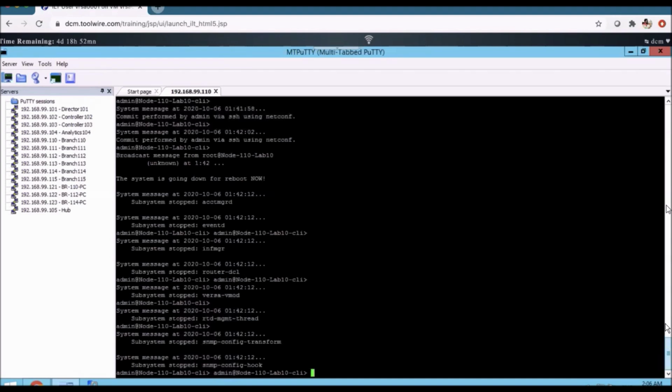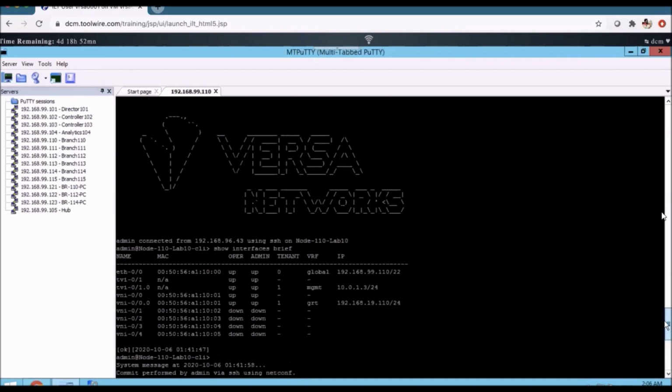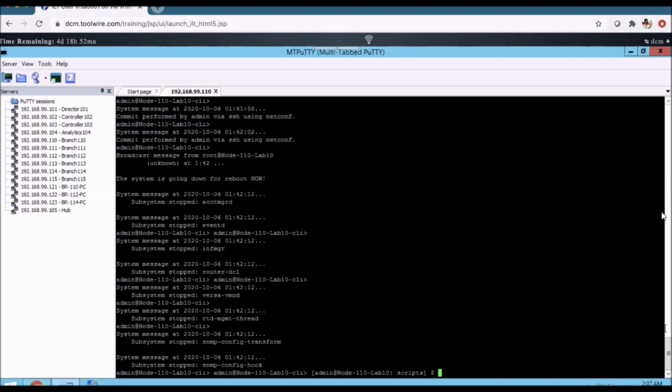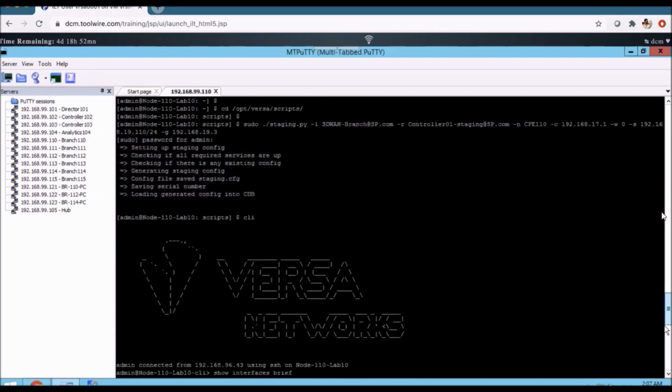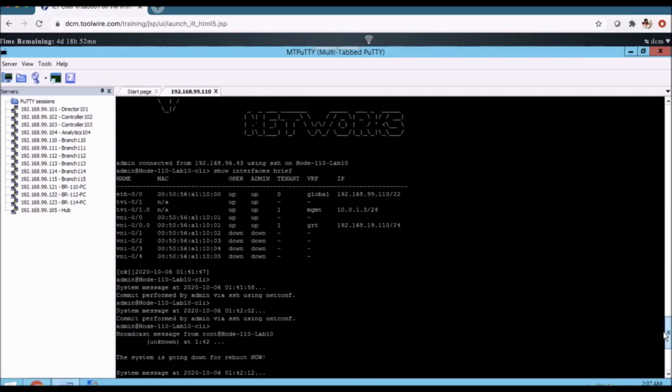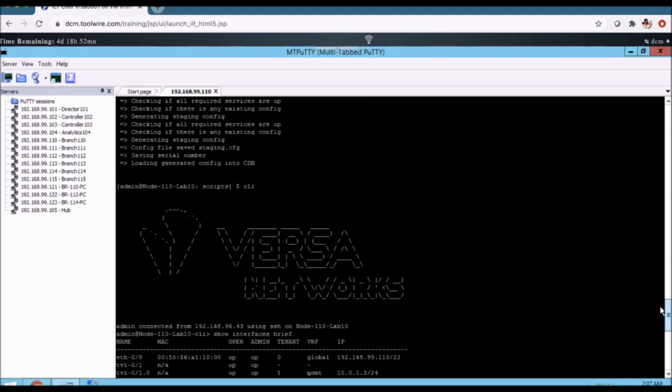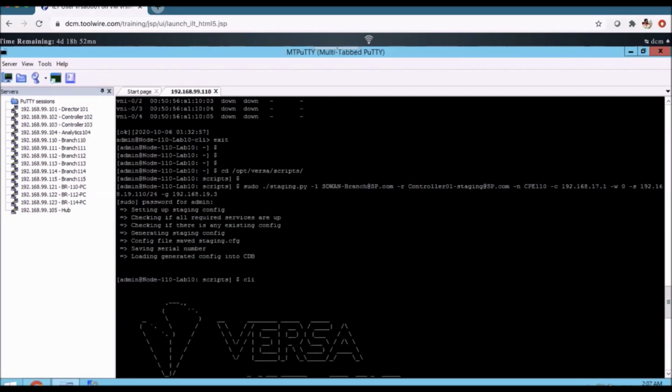Hari, sorry to interrupt you. Why did it take this specific interface 0/1, not 0/2, 0/3? Because we have not mentioned it in the script. No, which one are you talking about? The IP address on the interface 192.168.19? Yeah. We mentioned the IP address, but we haven't mentioned the interface. No, 0 has been mentioned. -w0. Okay, 0 means 0/0. Okay.